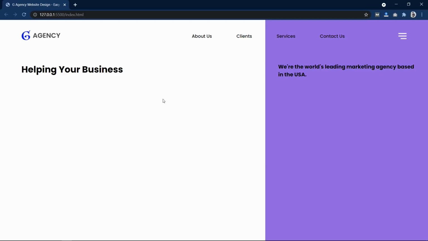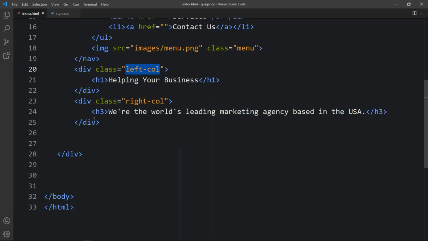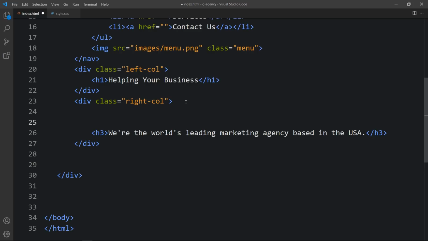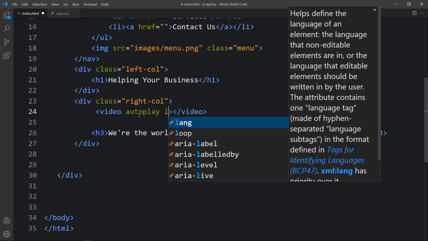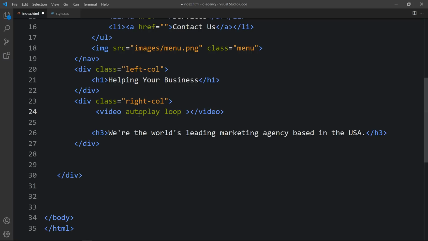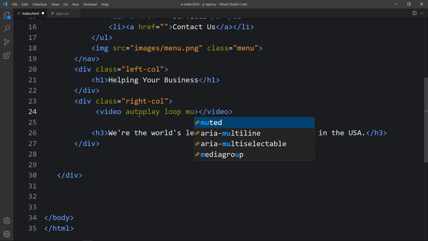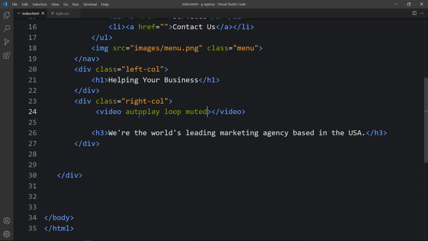Next we will add a video in the right side that will be as a background video. So let's come back, and before this text let's add a video tag, and with this video tag we will add autoplay, loop, and muted, so there will be no sound in this video. And let's add one class name also. So I will add the class name back video,